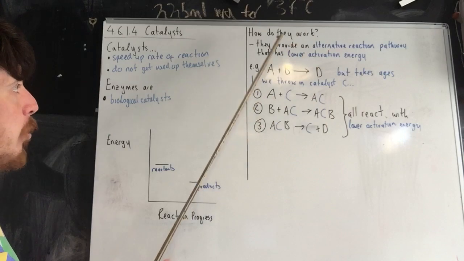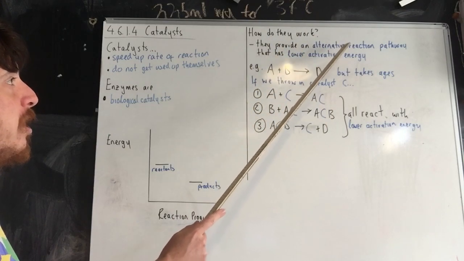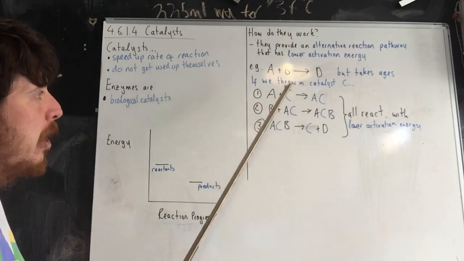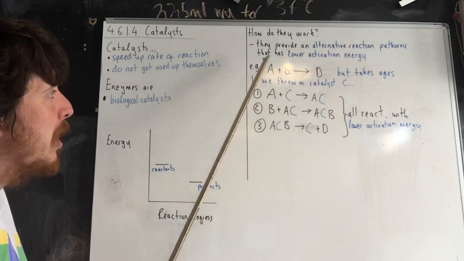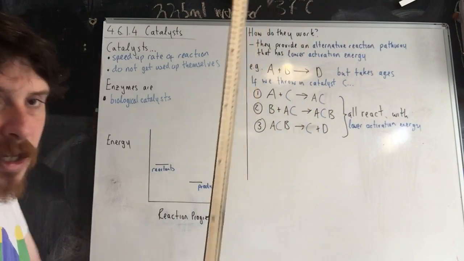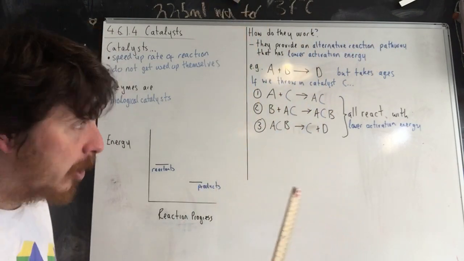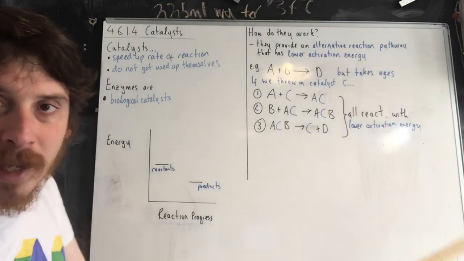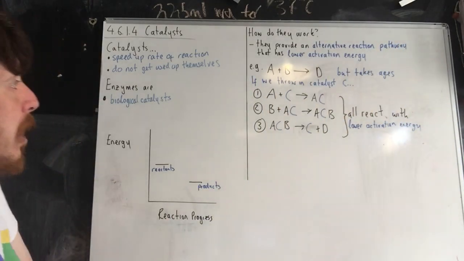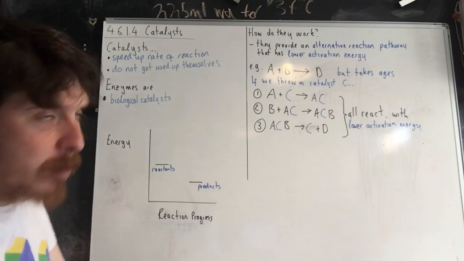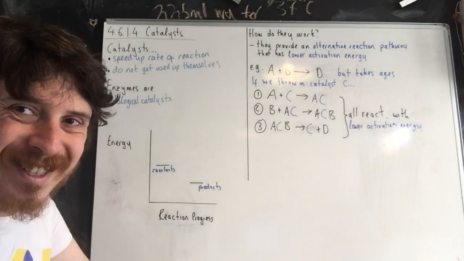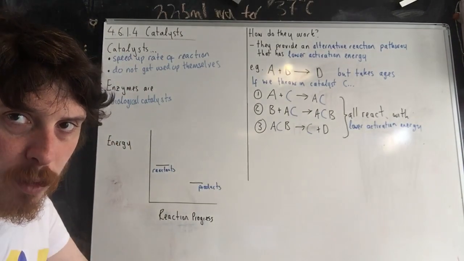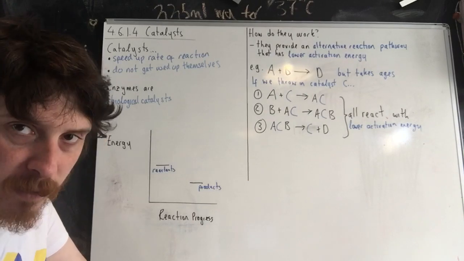How do they work? They provide an alternative reaction pathway, and that alternative reaction pathway has lower activation energy. Now you can stop there if you want, that satisfies the criteria for explaining how they work. Alternative reaction pathway means that it finds a different route for the reaction to happen, and I've given an example